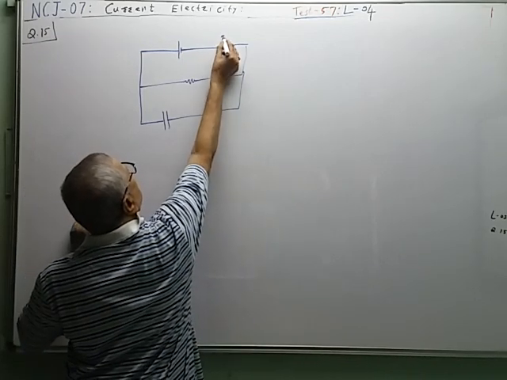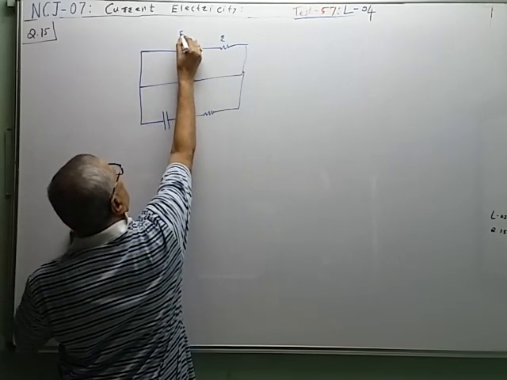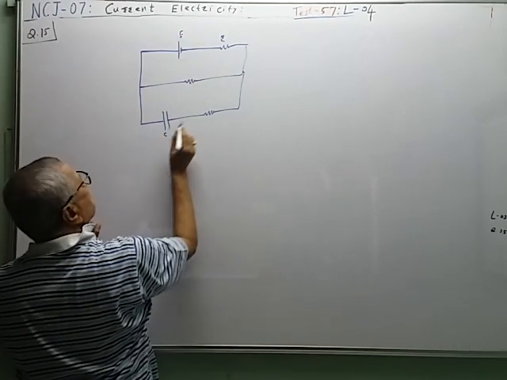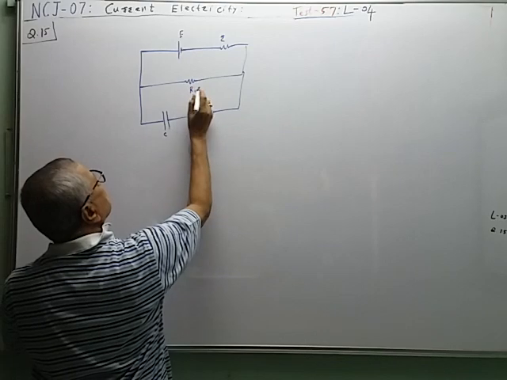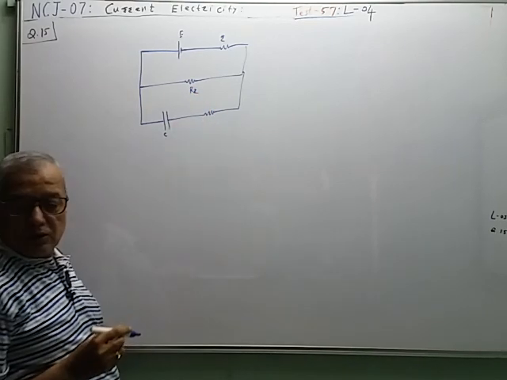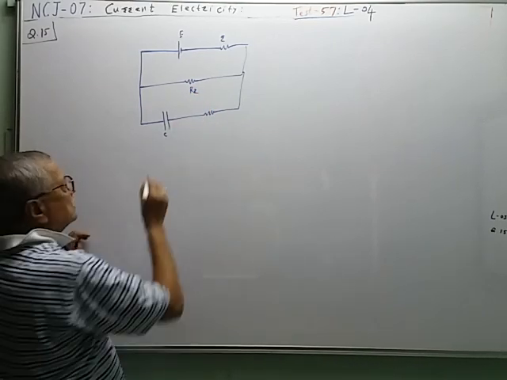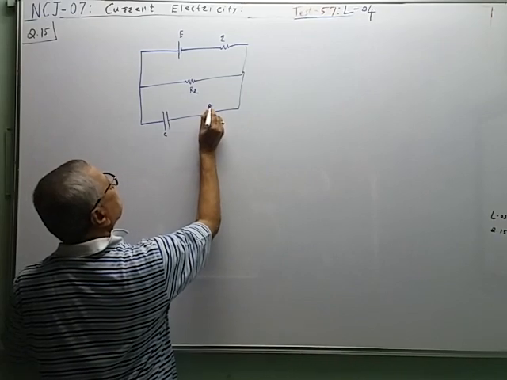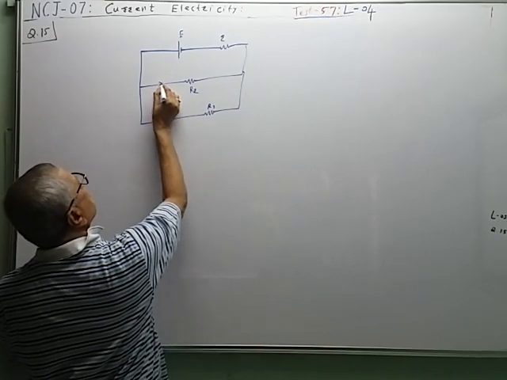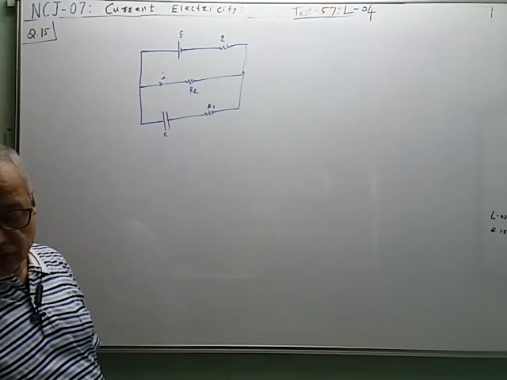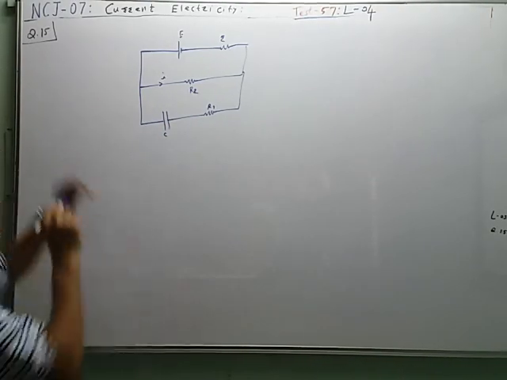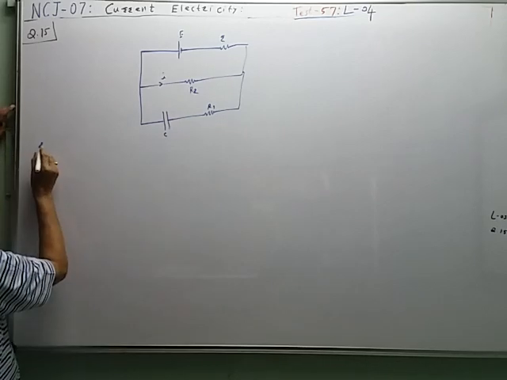So this is the internal resistance R, this is the cell of EMF E volt, this is the condenser of capacity C, this resistance is R1, this resistance is R2, this resistance is R1, as shown in the diagram. So what to find? The charge. So charge is given by,